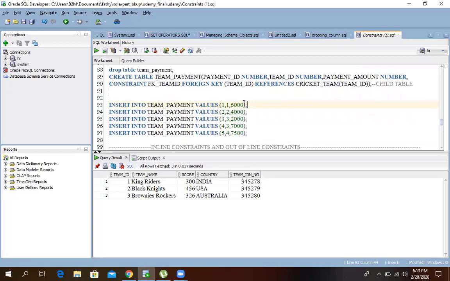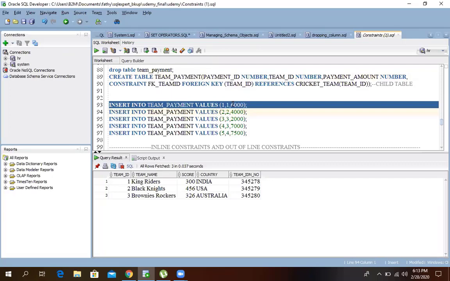One, the second column, because in my table construction I gave team ID as the second column. So do you think this child record will execute fine or not? It will execute without any problem.